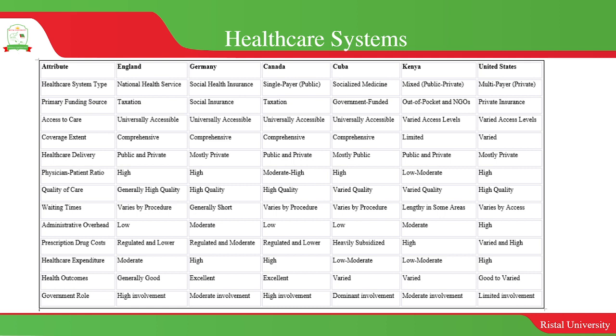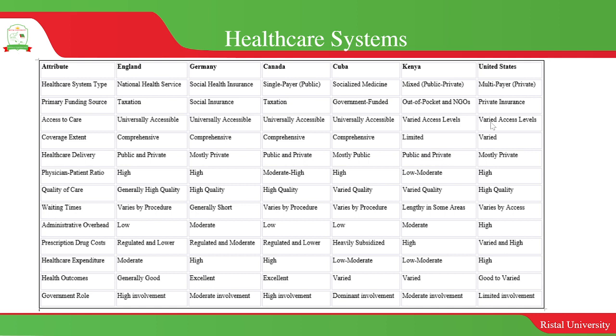But the logic here is that not all countries have the same method of providing services to their citizens. Germany is different from England. England is different from Canada. Canada is different from Germany. And Canada is different from Cuba. But all of them, all of those that I've listed, achieve one thing: universal access to healthcare services. You can see row number 3, universally accessible. United States, which is amongst the rich countries, one of the richest countries actually, but still you have varied access